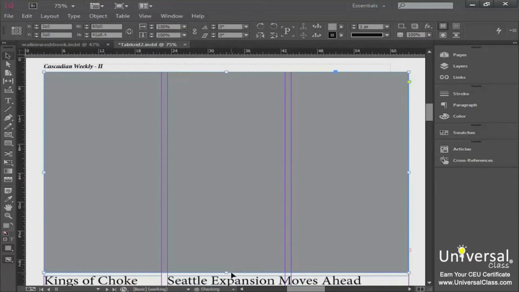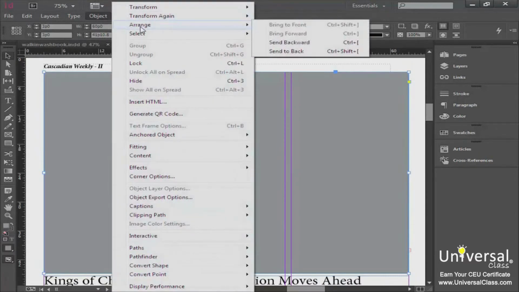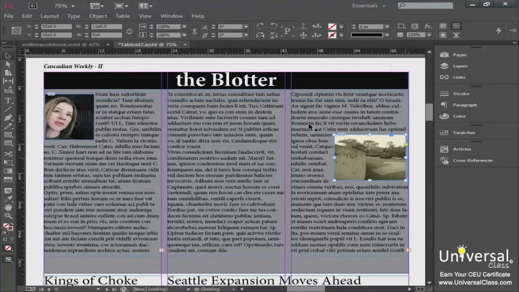And the next problem is that we actually have it laying out over the top of all that content, and we don't want it on top of that content. So we're going to go up here to Object, and we're going to go to Arrange. And in Arrange you have different options for bringing things forward, backward, that kind of thing. And what it does is it actually tells the computer how to lay out the objects one on top of the other, how to do the stacking order. And by sending this to the back, you've now given some separation to your page simply by creating a gray